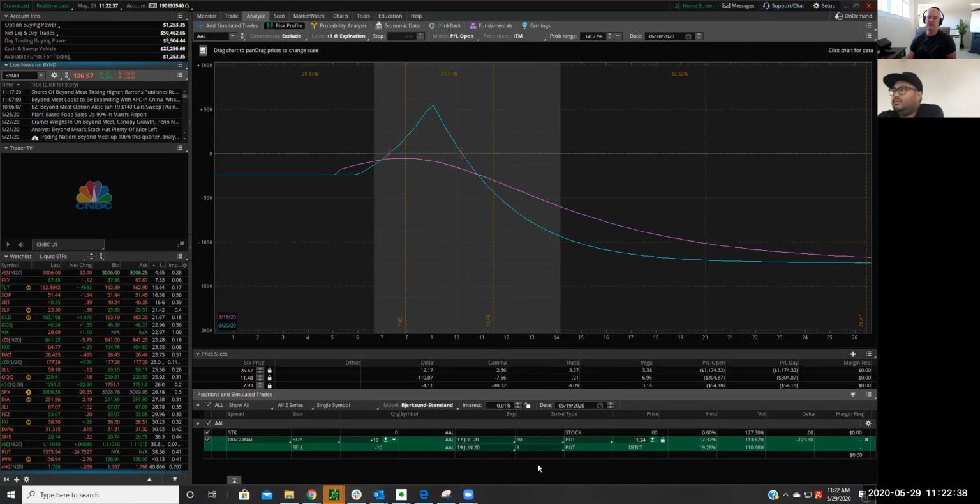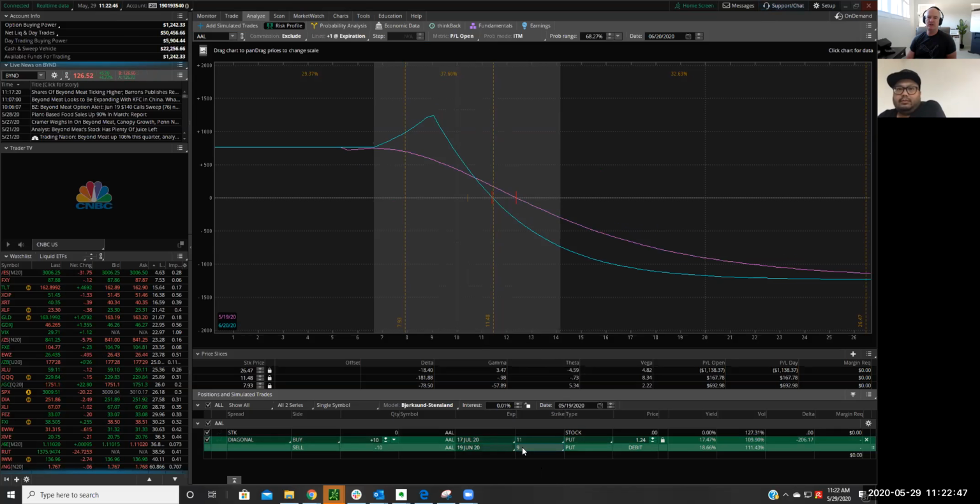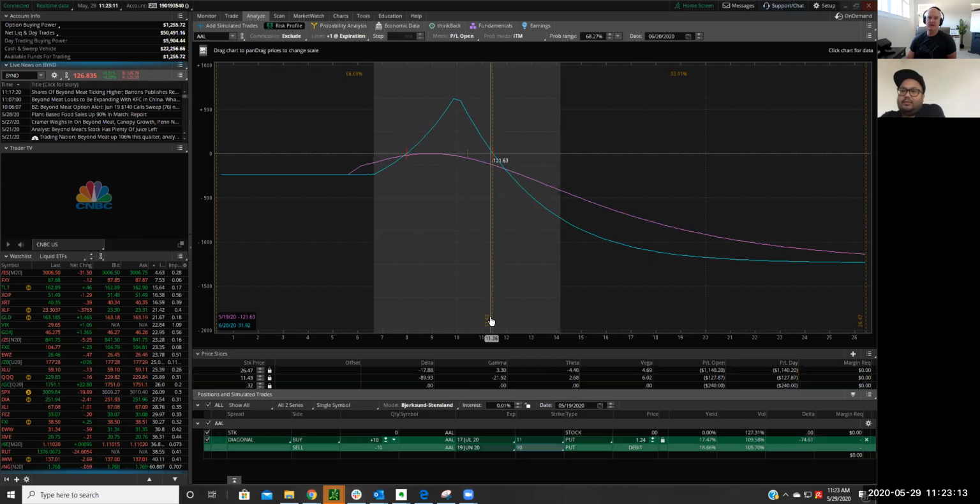Whereas if we do the 10 and it stays where it's at, I'm sorry, I chose the wrong one to change. So let's change. Here's the 9 put. You'd make $1,264. Your probability of profit on this trade is 66%. So I still like it. You're still being the casino. Buying the 11, selling the 9. If you buy the 11 and sell the 10, your profit is about the same. It's just if you're a little more bullish, you might sell the 9 instead of the 10.